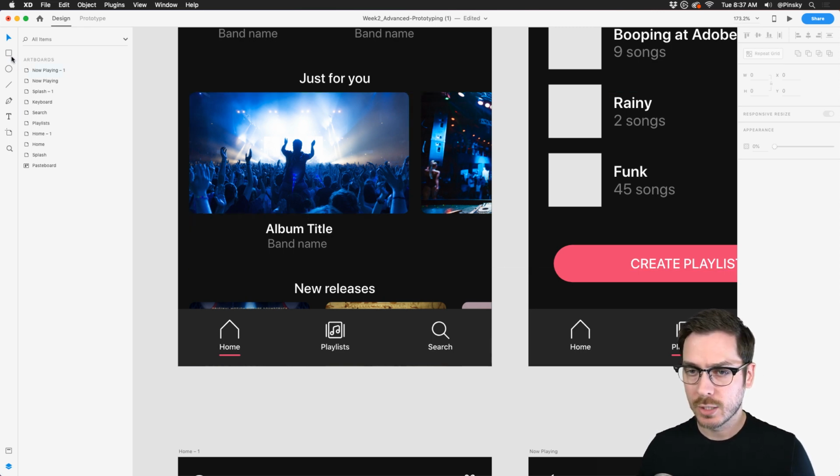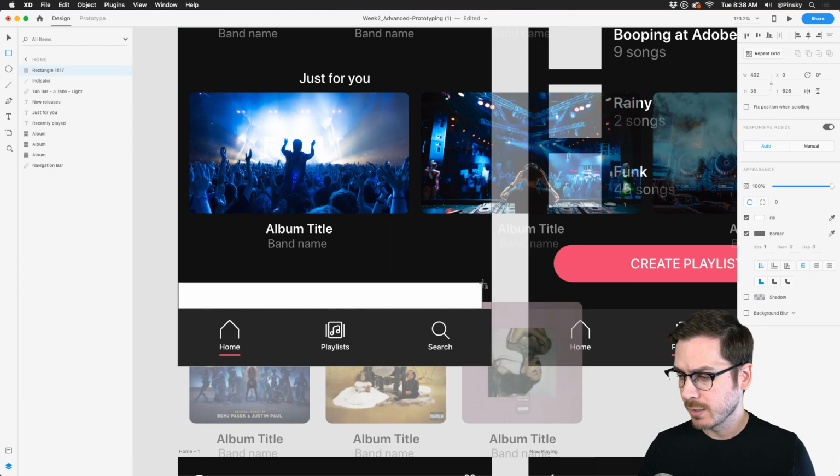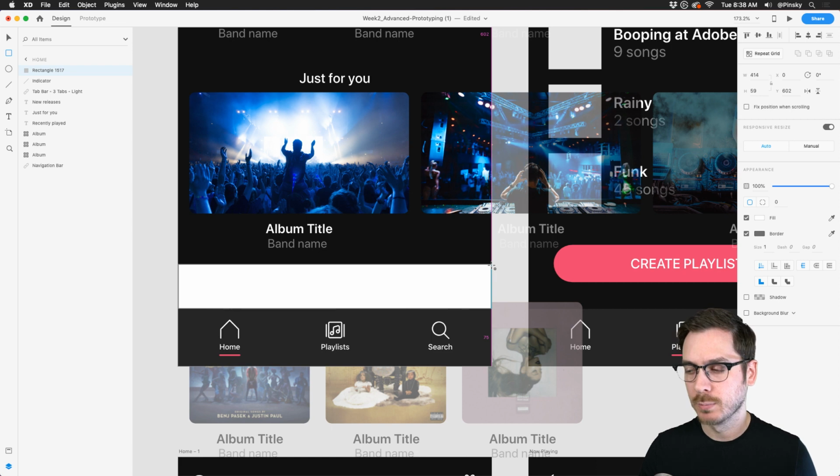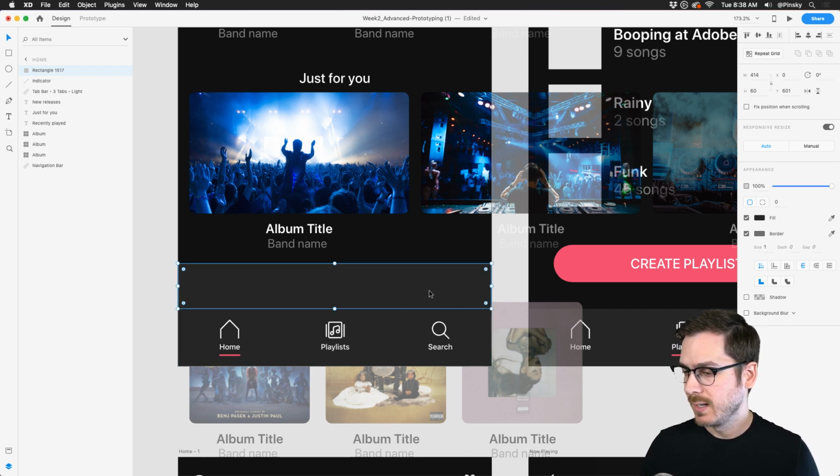So what I'm going to do, I'm going to grab my rectangle tool and simply draw out a rectangle. And you'll notice as I'm moving this around, all my smart guides are letting me know that this is lined up to this bar. If I wanted it to be lined up here, it'll be lined up there, but I want it right on the edge, and I'm simply going to drag out a box just like this. I'm going to make it large on purpose, and you'll probably find out why in a little bit. Drop it right there, use my eyedropper tool, press the I key on my keyboard, boop, there we go.